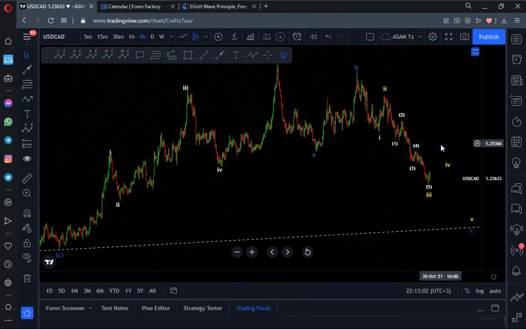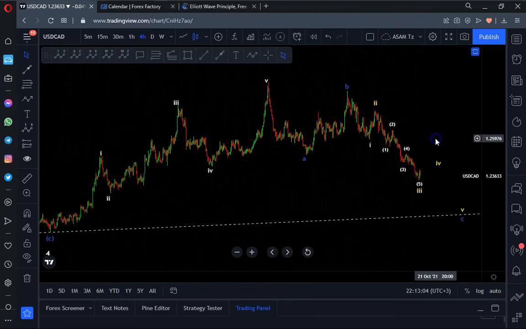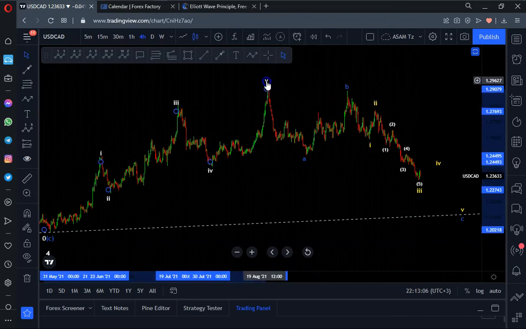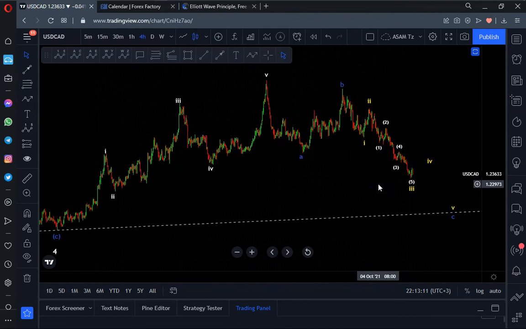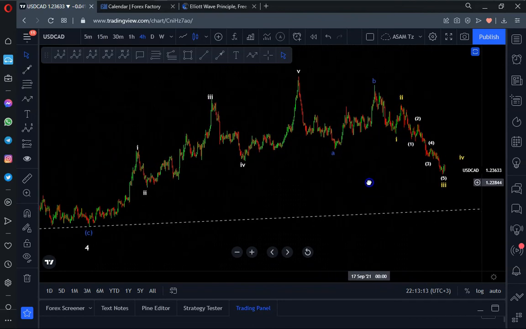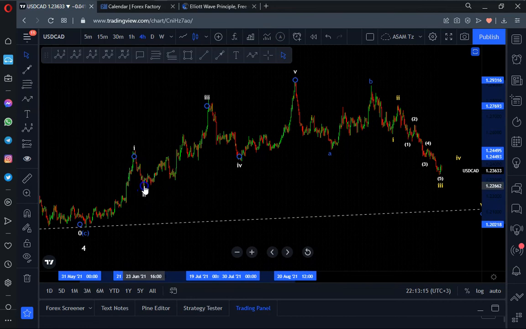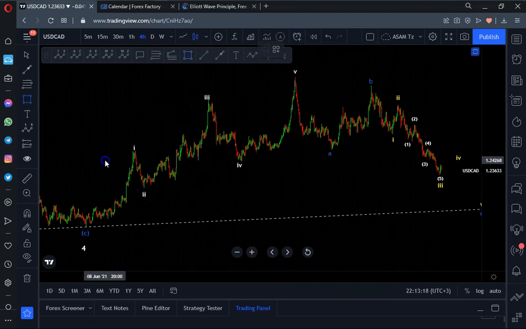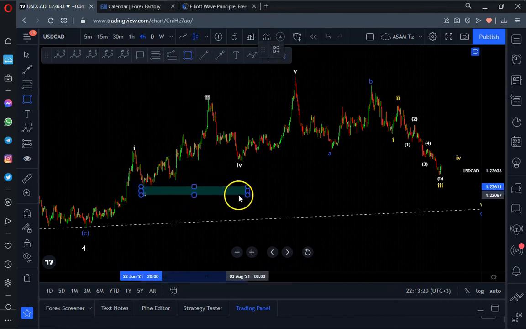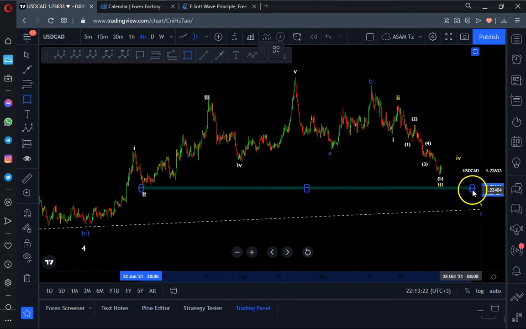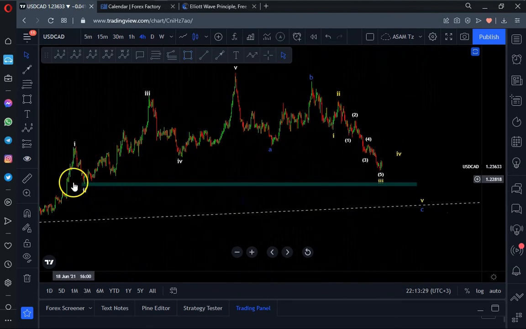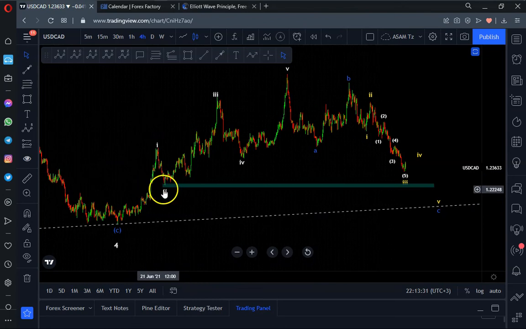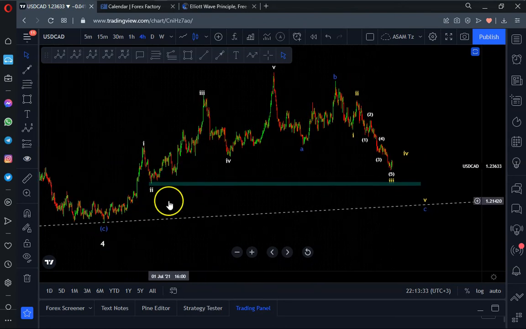So the idea here is to understand how far the market is going to move to the downside. To see how far the market is going to move, we may consider the idea of depth of correction, whereby in most cases when the correction is deep, it is always expected to end around the level of the second wave. It is usually expected to move to around the area where the second wave was moved to.